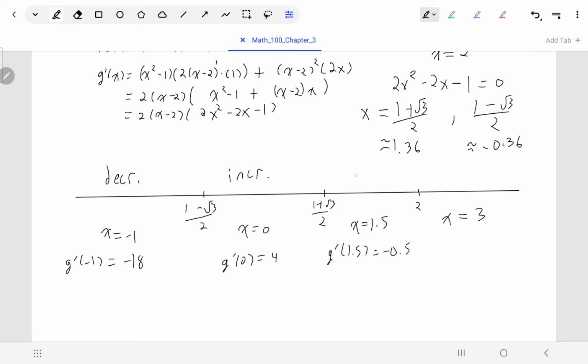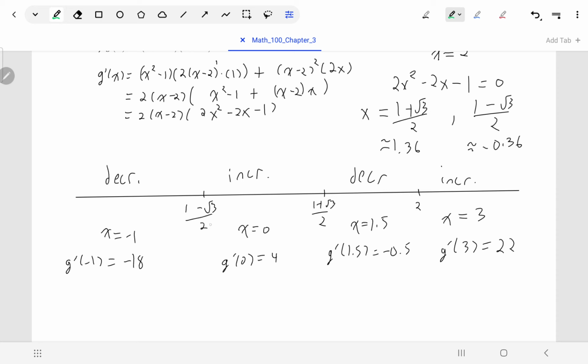So negative, that means you're decreasing. And then at x equals 3, the derivative was 22. So that's positive, we are increasing. So now, for our three critical numbers that we have, we can now say, courtesy of the first derivative test,